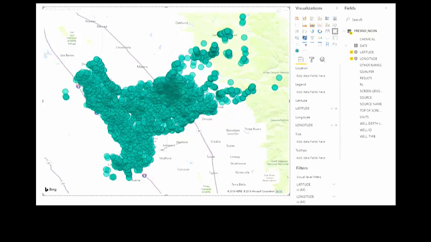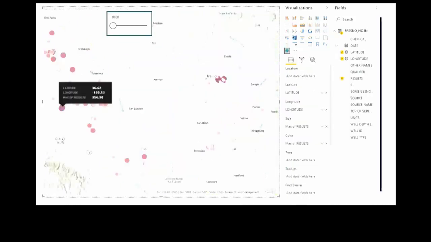If I were to look at that in an Excel file, I can really quickly put a filter on.